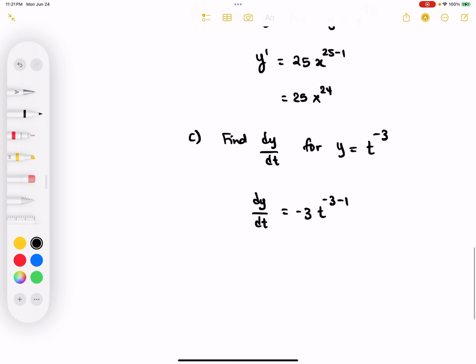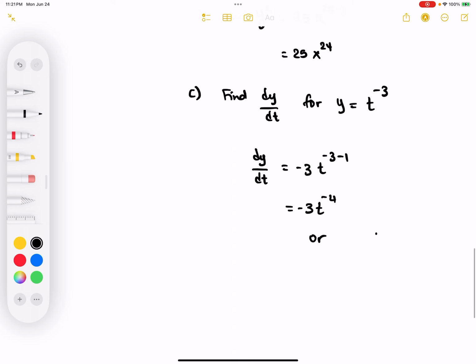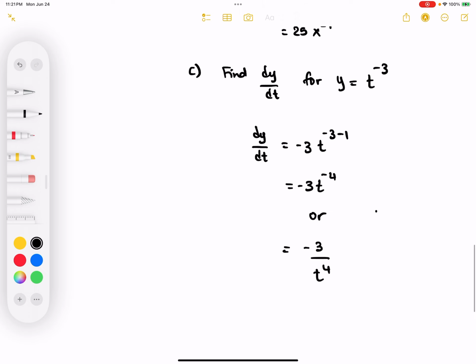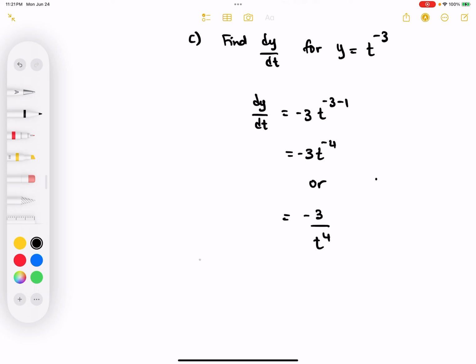This means negative 3 t to the negative 4. Or as a positive exponent, we can write this as negative 3 over t raised to the 4. Both are correct answers. D, find